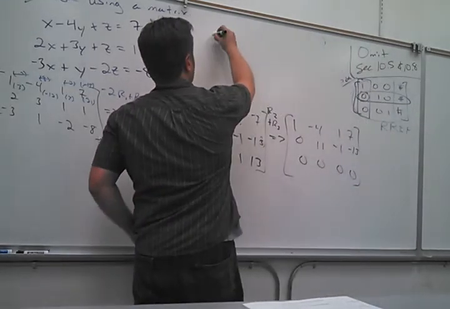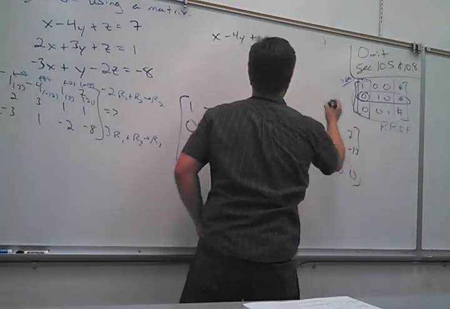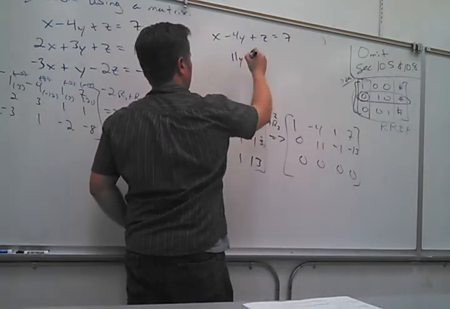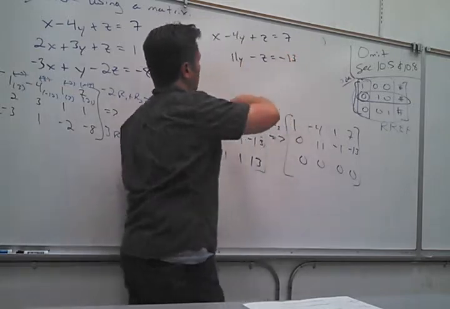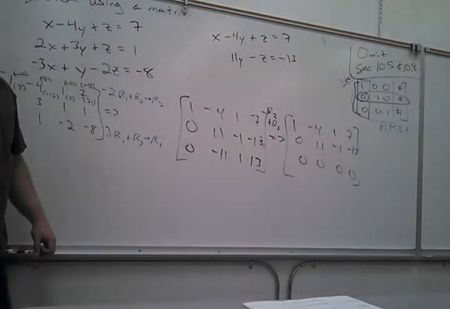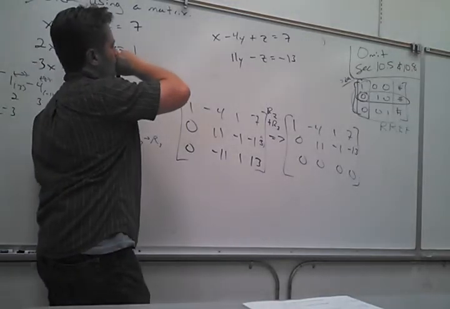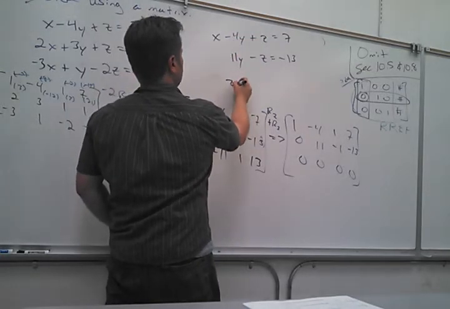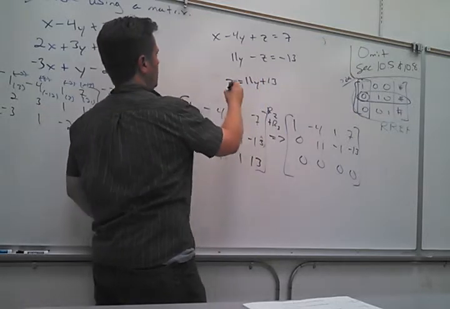Exactly. So I've got x minus 4y plus z equals 7, and I've got 11y minus z equals negative 13. So we just do a smaller matrix? So here's the cool thing I can do. Do you see how I could say z is 11y plus 13, right? Mm-hmm. And